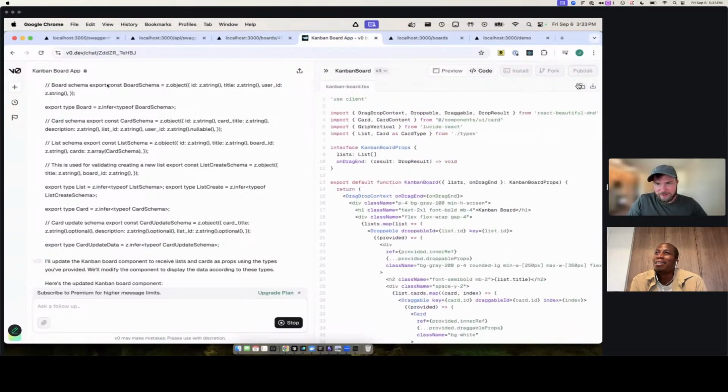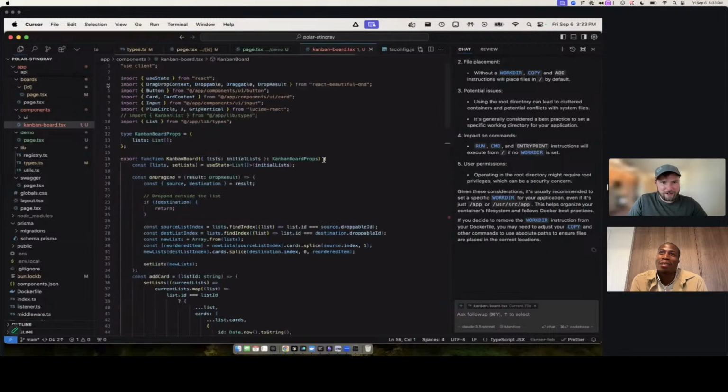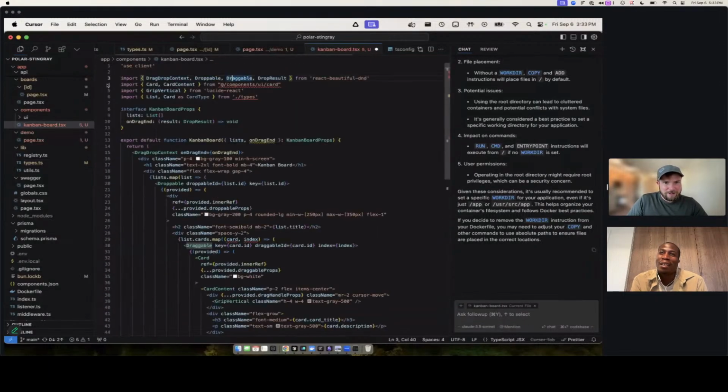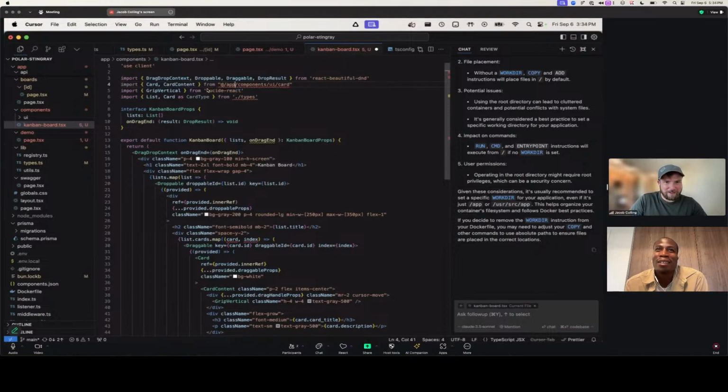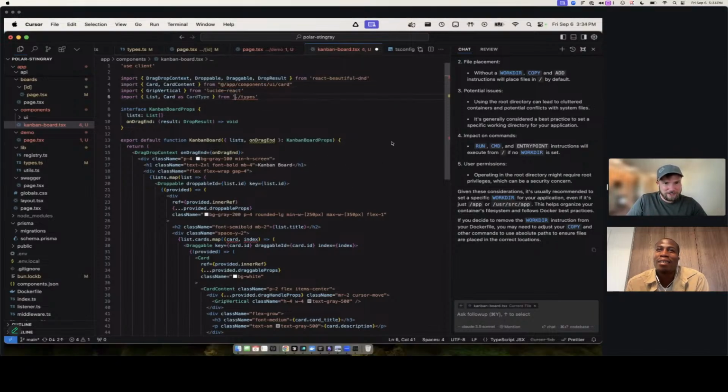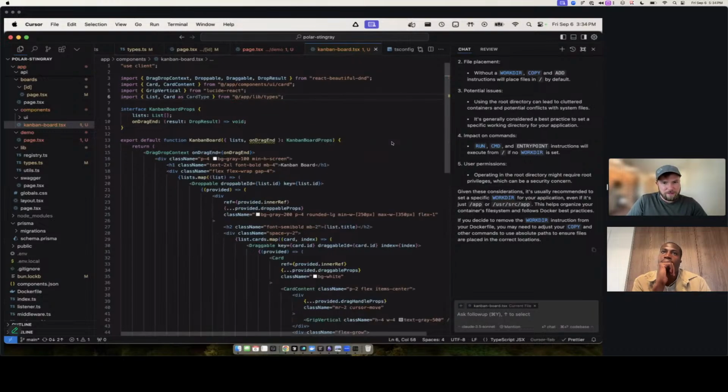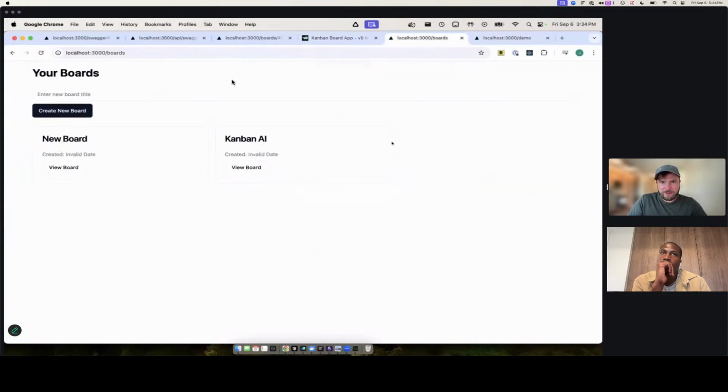Yeah, this is a whole new component. So we can probably just copy this and I'll just swap in here and see if it works and fix these again. See, this is where I'd be like, oh, I wish I would have just gone back and changed how the project was structured a little bit, because that would be easier than having to fix this every time. And then we want to do app and then lib and then types. All right, let's see if that works. I don't know if it will or not.